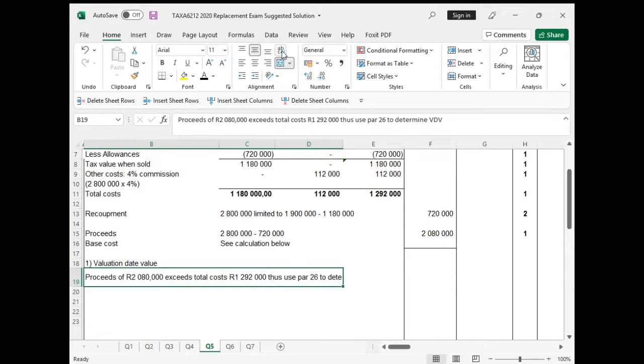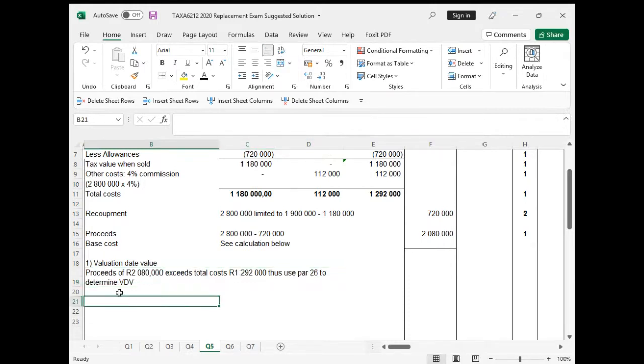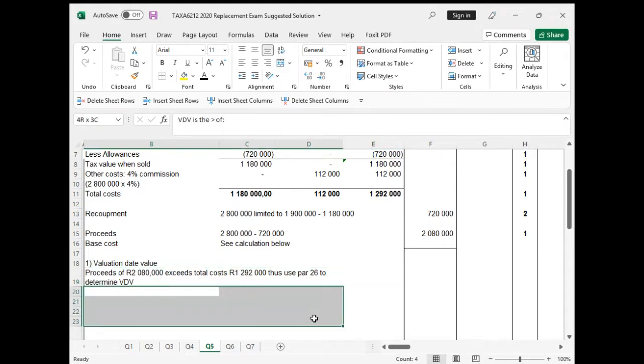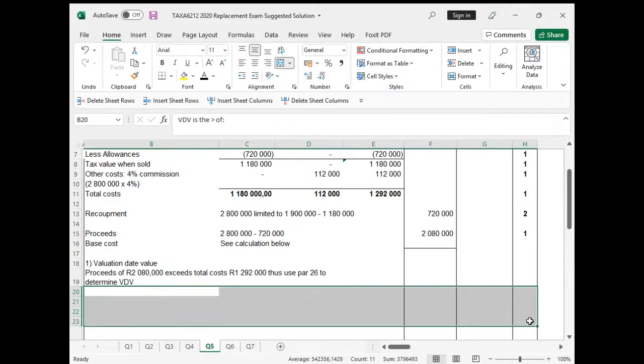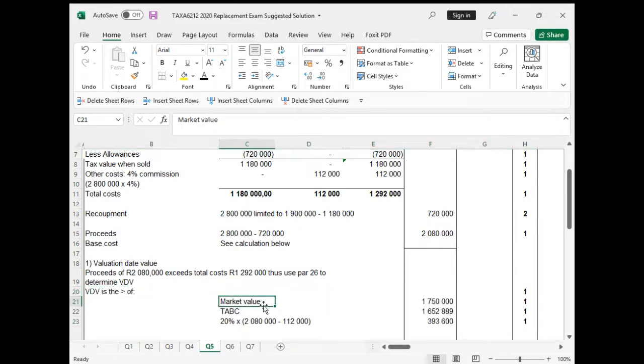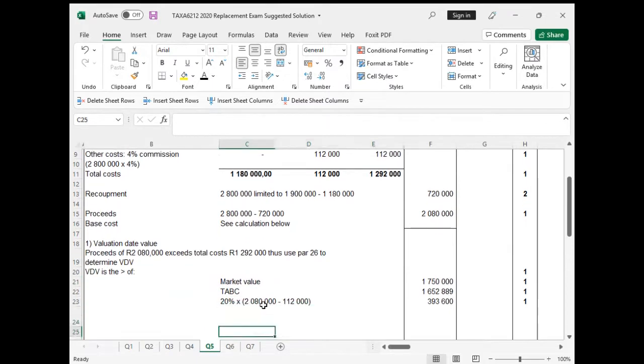Let me just wrap here so you can read it. Okay, so based on the information they have provided to you, they have given you the market value of 1.7 million. They have given you the time apportionment based costs. So these they have already given you. Okay? And then you have to go apply the 20% of the proceeds. But how we work out the proceeds,